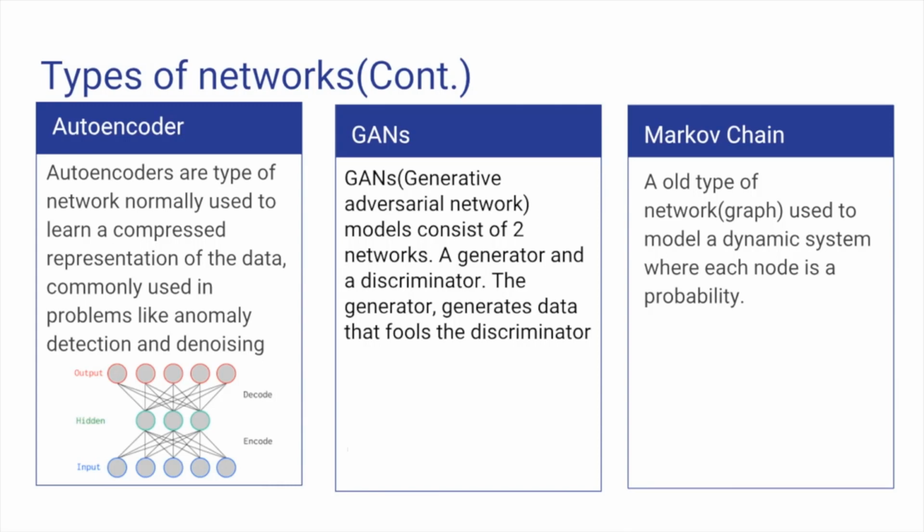So GANs, they were another breakthrough model that really pushed the state of the art forward. They're generative adversarial networks, and at a higher level, we have a generator network and a discriminator network. The generator is going to try and produce examples that fool the discriminator. So let's say, for example, we're trying to produce images of cats, right? The generator is going to try and produce lifelike cat images that fool the discriminator into thinking this was a real image and not one produced by the generator, right?